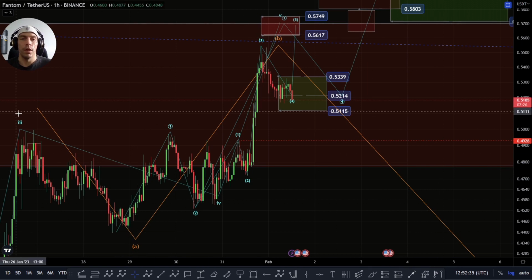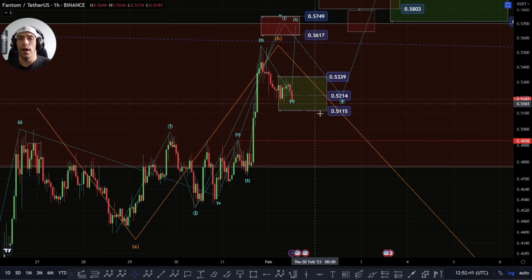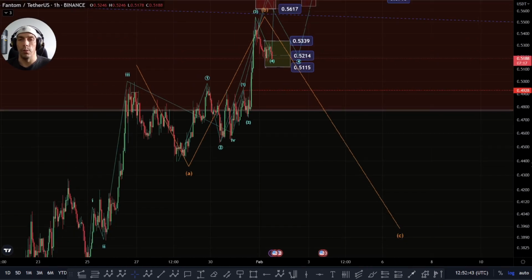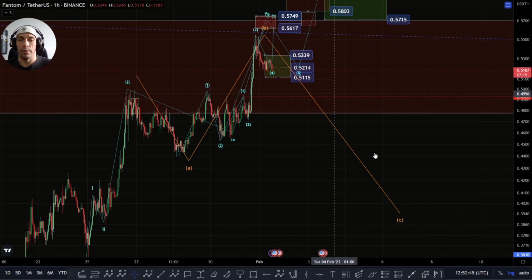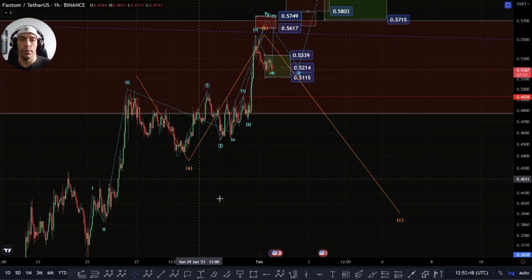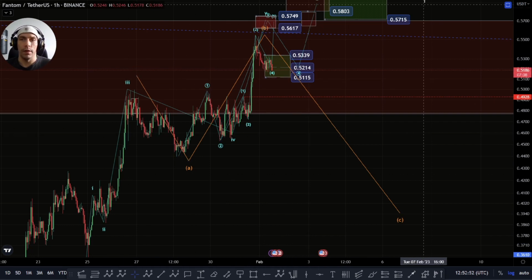or alternatively, we look at this as a bigger structure from further back here, and this is an A. This is a B, C to the upside, and then actually we kind of come back down for a C wave, and this will take these low points potentially. It could truncate and become a running flat, and then we could have a fifth wave,